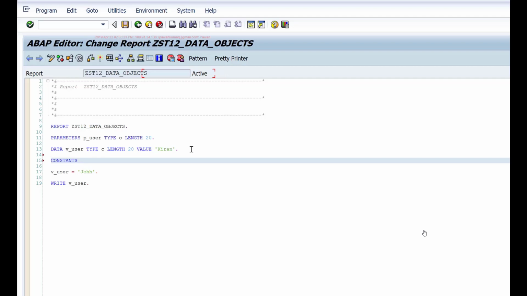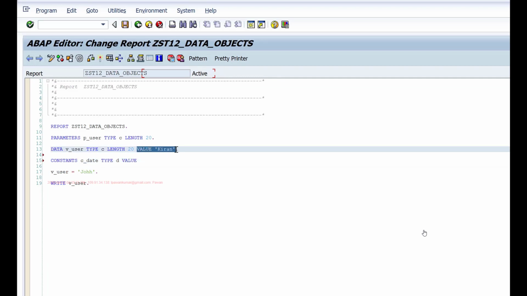So for example, for constants we use this c underscore naming convention. Whenever you are declaring a constant, always say c underscore and then the name of the constant. Let's say c underscore date type d. For data, using this value addition is optional.